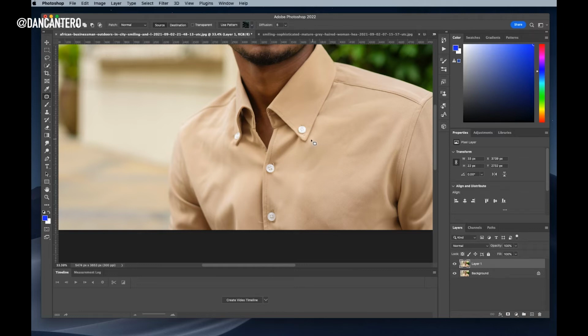Let me try in here, actually. Let me see if I can fix this part here. Okay. Again, it's leaving some artifacts around the edge there, so we don't want to use this. Okay. So let's jump on to the